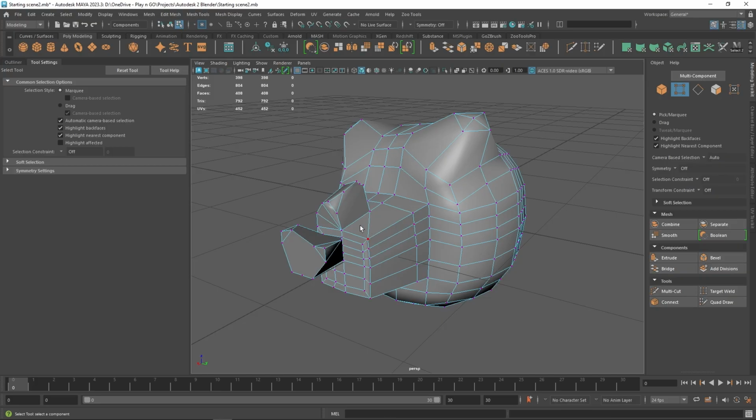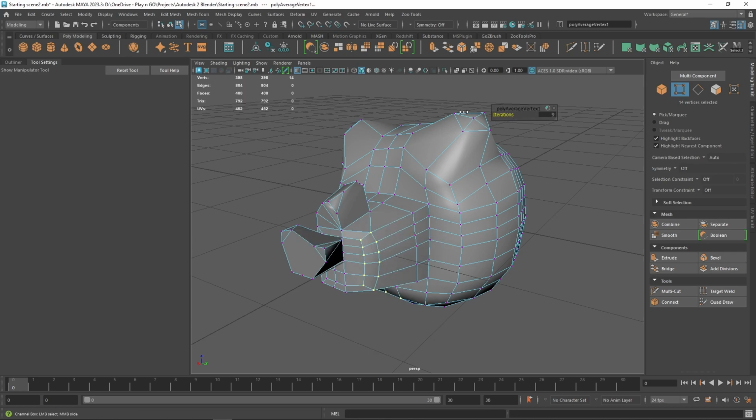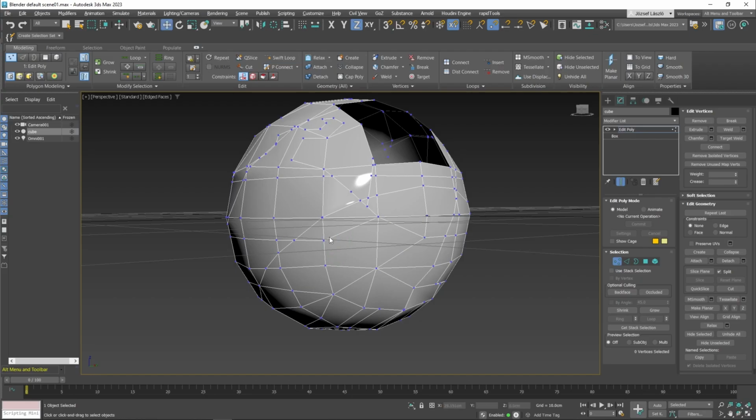To relax verts in Maya, you select your vertices and then you say average vertices. And this iteration is your relaxation. To relax vertices in Max, you select them